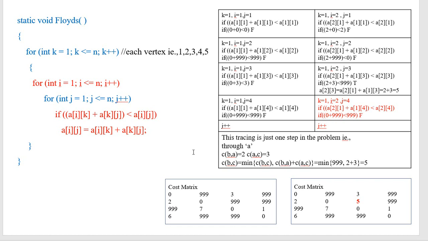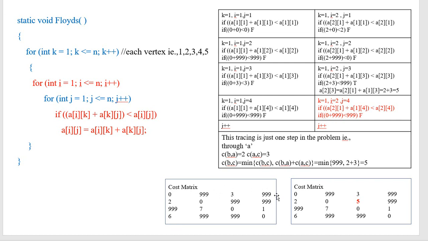Through vertex A is the first step in solving your problem, that is here, through vertex 1. So select this column and this row, as you did while solving the problem. Through that you just need to select the first value which is greater than 2 and less than infinity.